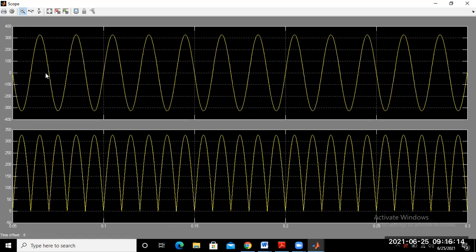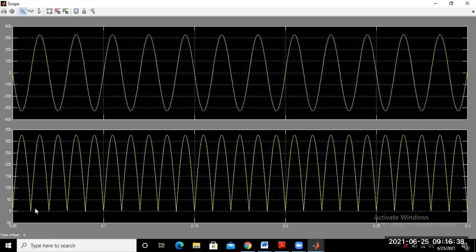Maximum voltage. Similarly, this one is your output voltage waveform. That means the second axis waveform is your output voltage waveform. So this one is for full wave. Again, what is the time period here for the 1 by pi?